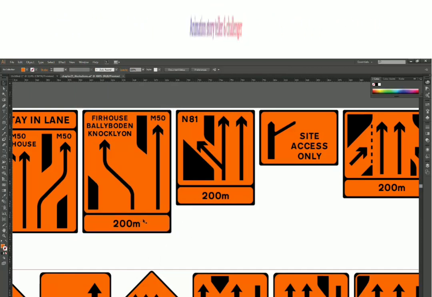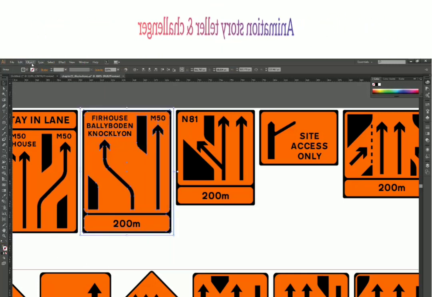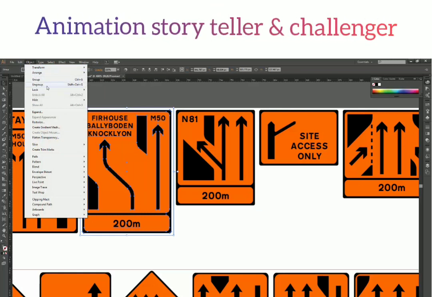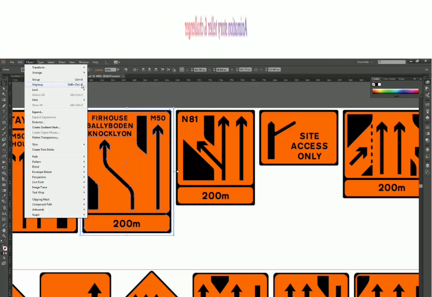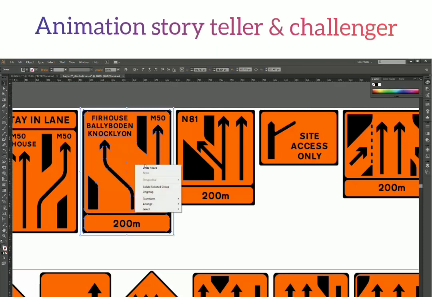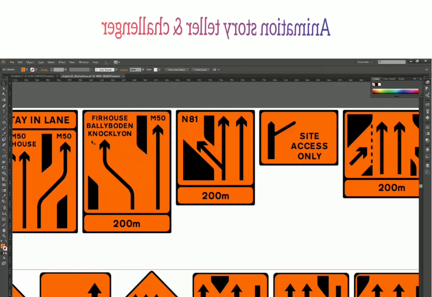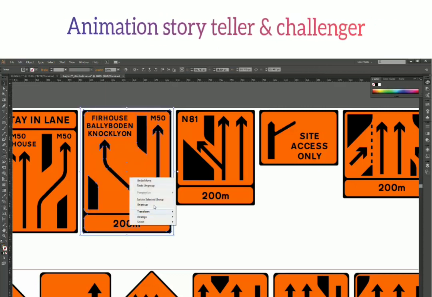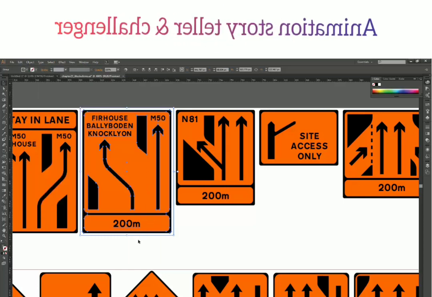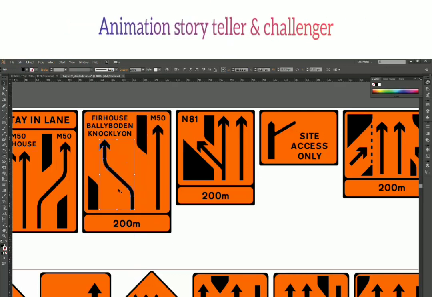Now since we have seen grouping, how can we ungroup it? To ungroup it, the same thing: go to Object and you have this option, which is unlocked now, that says Ungroup. Shift Control G is the shortcut key for that, and like grouping you can right click and click on Ungroup. So there are three options: either right click and choose Ungroup, or go to Object and choose Ungroup, or press Control Shift G. So you have your shape ungrouped here.